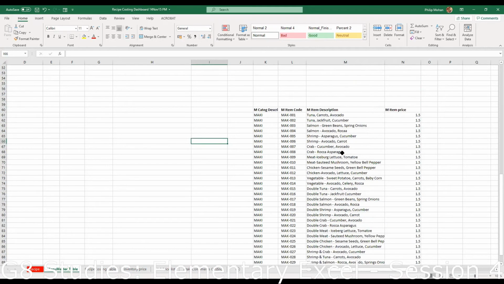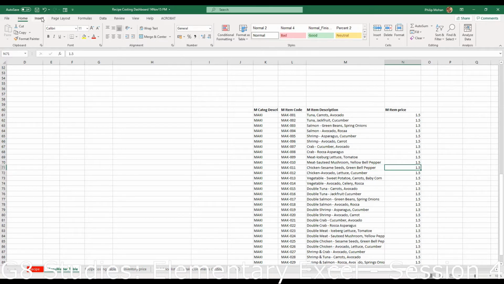But what happens is if you want to work a little bit more sophisticated on the data, it is important that you almost always convert your database into a table. Now, how to convert it into a table is fairly simple. You can go anywhere inside the data. Now, this is inside the data. Actually, this is also inside the data.